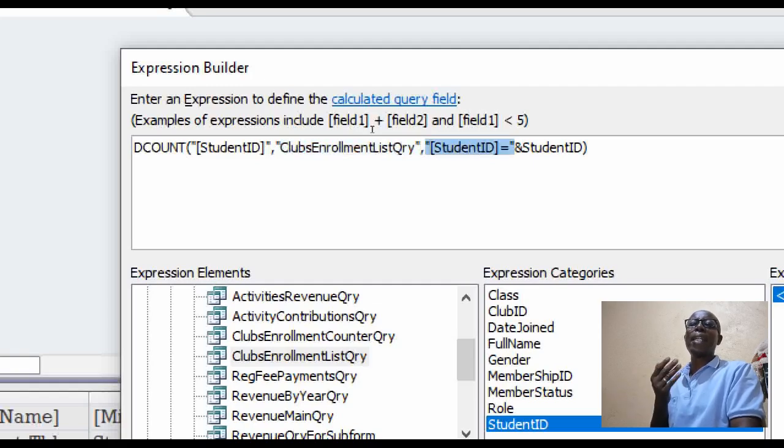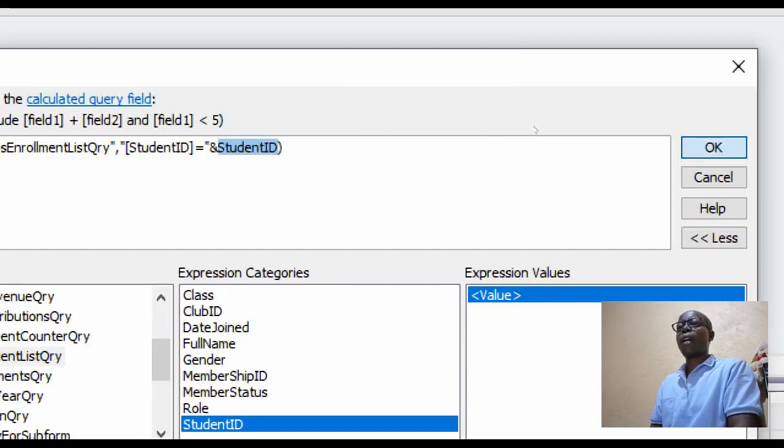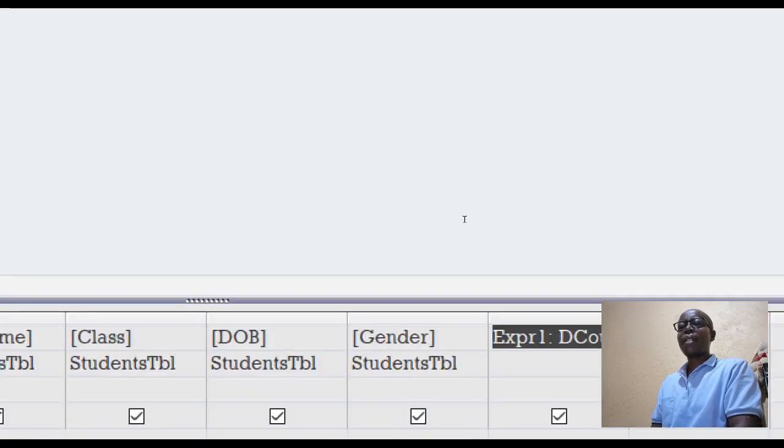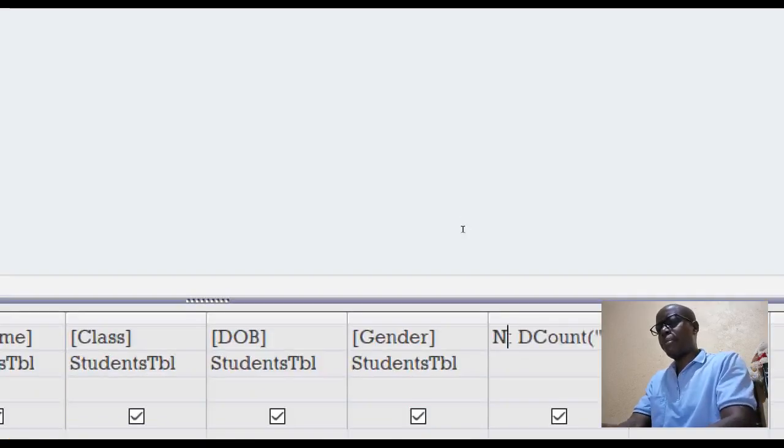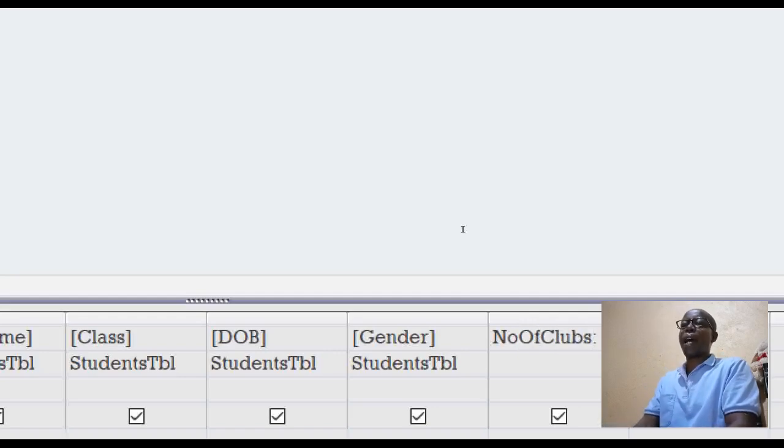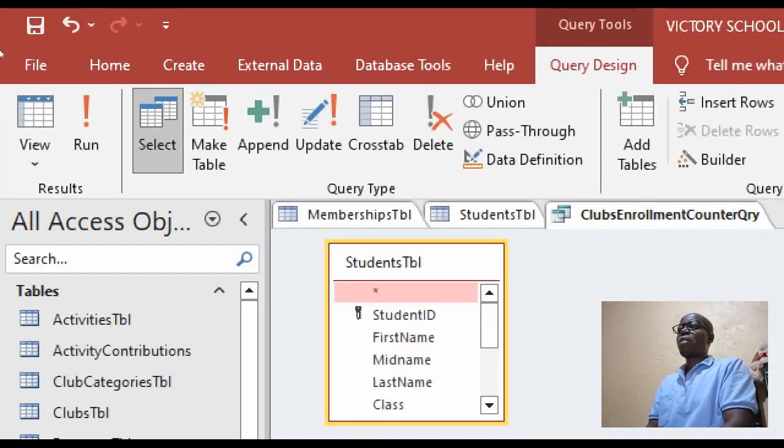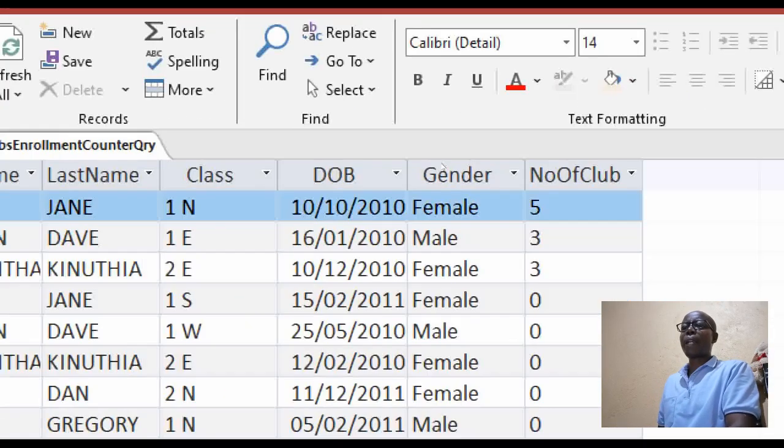Student ID is equal to the student ID we have around in the query that we are now designing. We say okay, and then number of clubs, display the query.